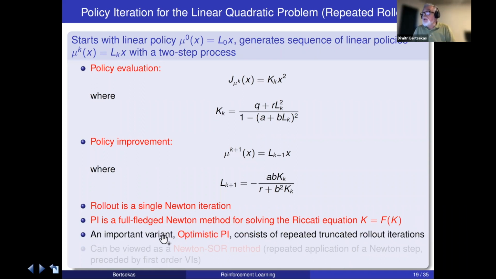There are also many important variants of policy iteration, including what's called optimistic policy iteration, which consists of repeated truncated rollout iterations. In other words, policy iteration does not involve truncated rollout. If you introduce, in addition, truncated rollout in it, then you get this optimistic policy iteration,